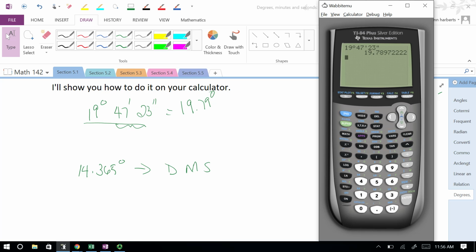Okay. So I'll type in 14.365. I'll go to the angle menu. I'll type in degrees. I'm going to go back to the angle menu and see how it says this arrow, degrees, minutes, seconds. I'm going to push 4. And then it will give me